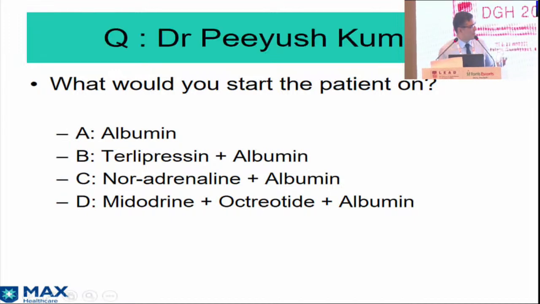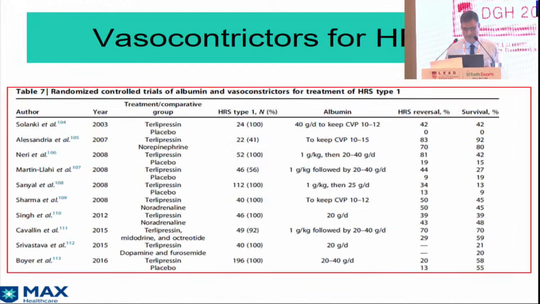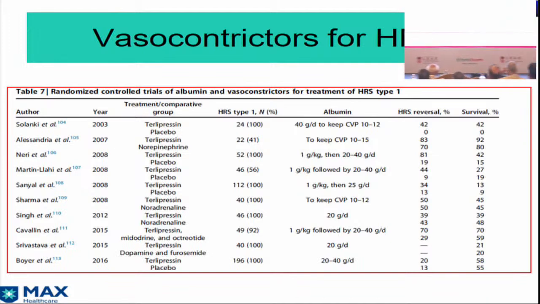So Dr. Piyush, what would you start this patient on? So the question basically is a choice between terlipressin or noradrenaline. Now the experts have established that this is HRS-AKI. So the preferred modality, because of the robust evidence that we have, would be terlipressin and albumin, closely followed by noradrenaline and